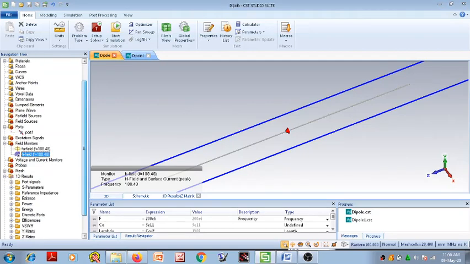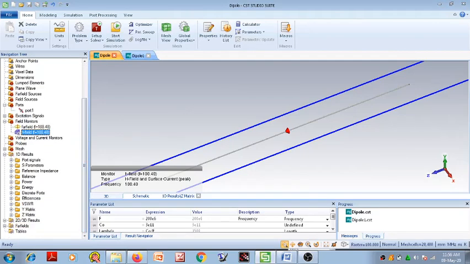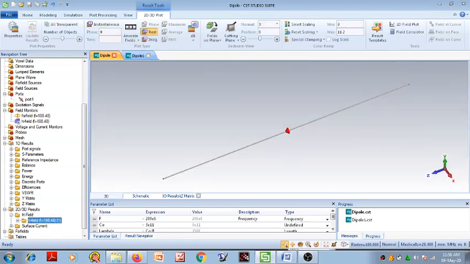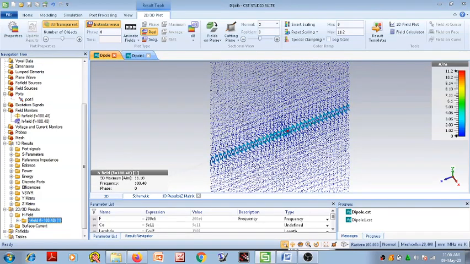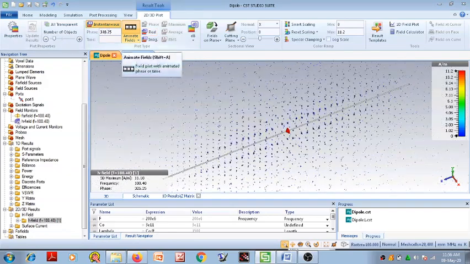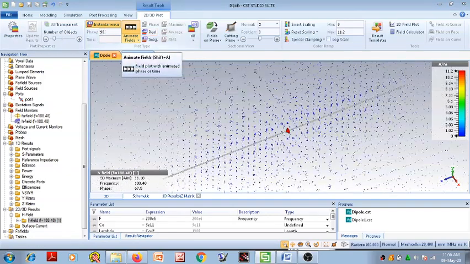So we can check 2D and 3D parameters. So click on 2D. First click on H field. We can observe the H field which has been generated by the dipole antenna. If we click on this animation, the field is continuously animated there as shown in the figure.